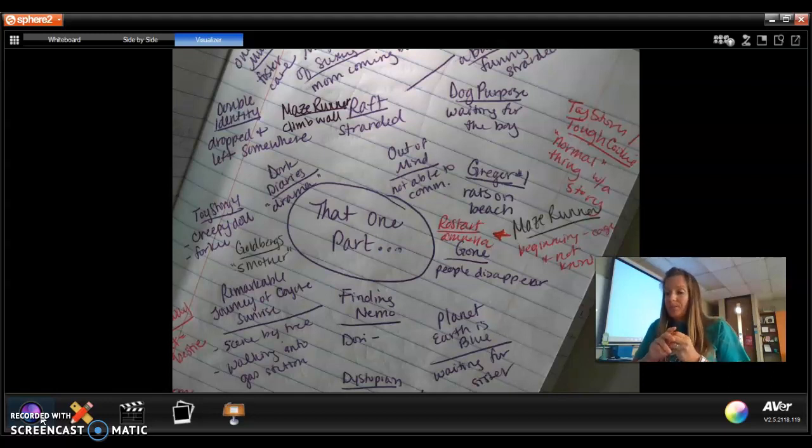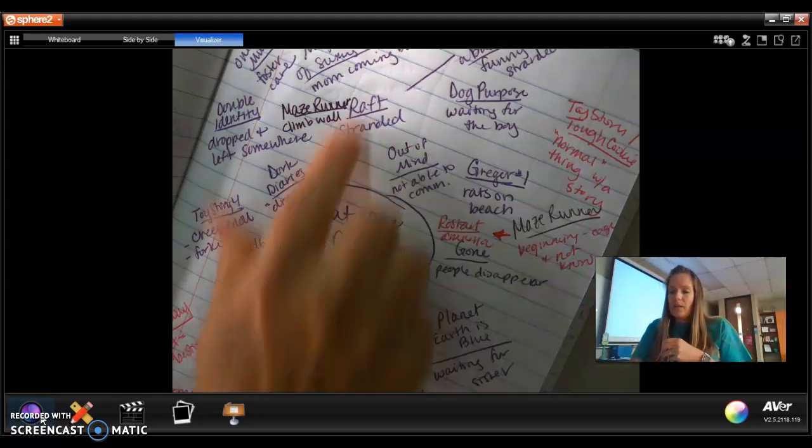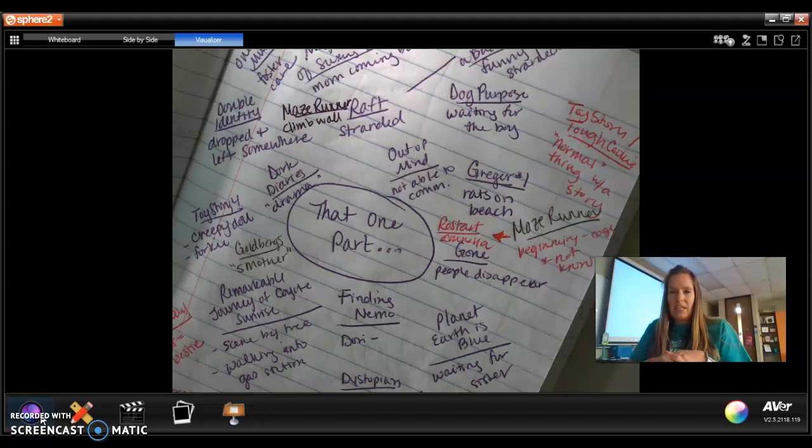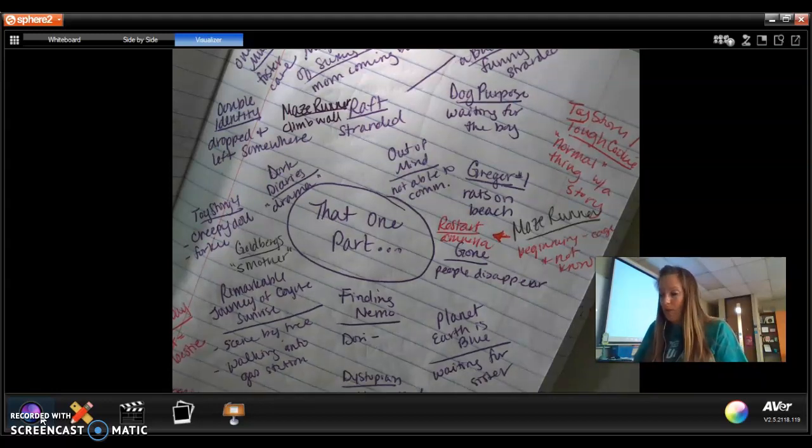So you could create a piece where you have a character who's in a situation where they don't know who they are or where they're going. There's also the scene in Maze Runner where they're climbing the wall trying to escape the creature, whatever that thing is called, because it's coming to get them. So you could do something with climbing walls or climbing to get away from something or running to get away from something, if something is chasing you and you're going to try to get away from it.